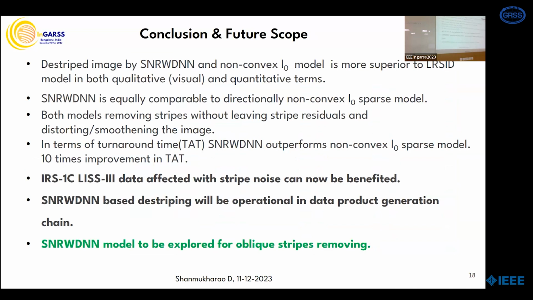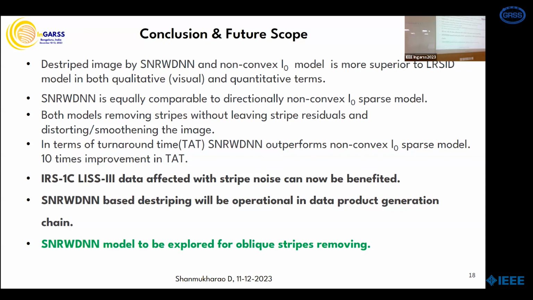So coming to the conclusion, here SNR-WDN and the non-convex L0 model are both superior as compared with this one, and SNR-WDN is equally comparable with that. Both models are removing stripes effectively without doing that smoothing. And then coming to SNR-WDN, the TAT is very low, almost a 10 times improvement, because